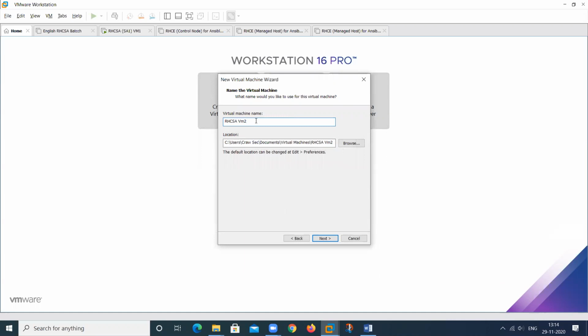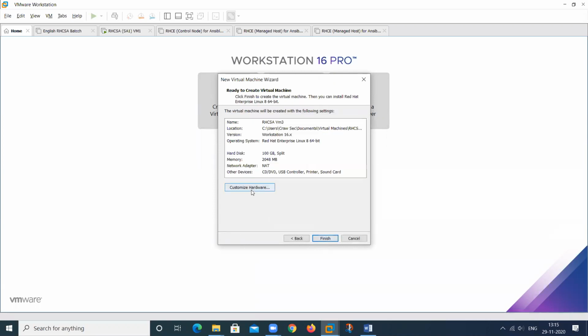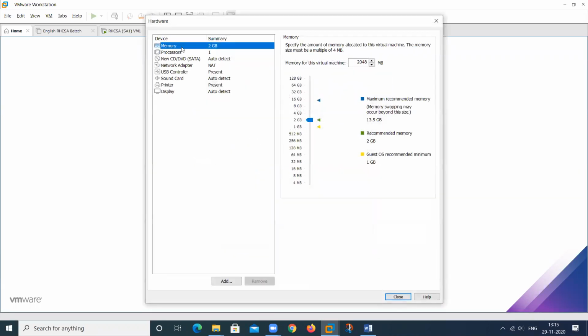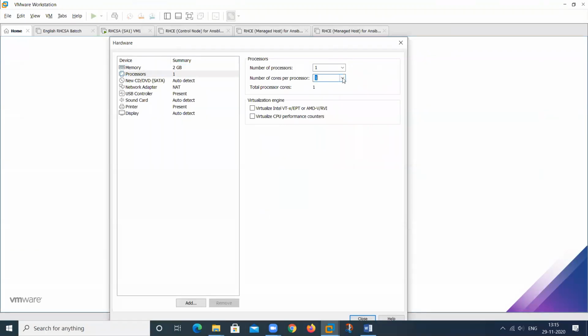Then next, provide the space. I will provide 100 GB here. Then next, provide only three pieces of information: memory and processor. I will give 2 cores here.